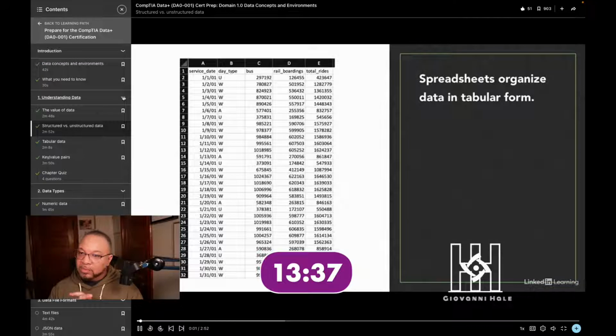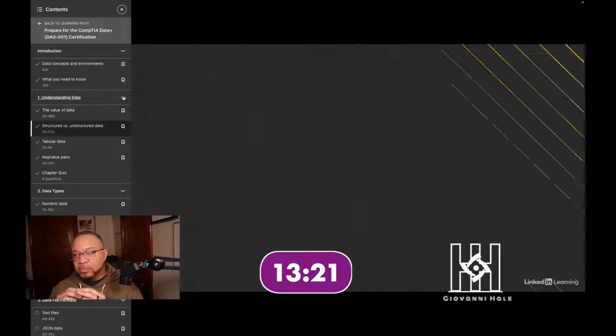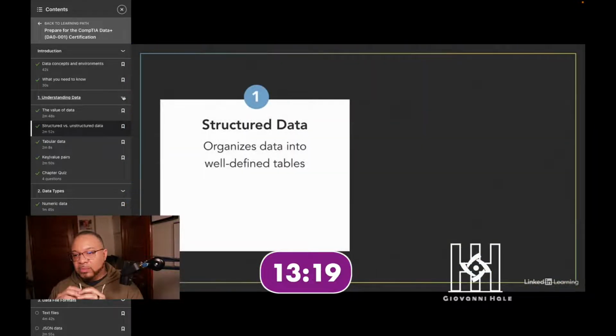When you think of data, chances are that you immediately think of spreadsheets like Microsoft Excel. Spreadsheets are valuable tools that allow us to organize our data in tabular form. That tabular format is an easy way for us to think about our data, and it is the most common way that we store data for use in analytics. This approach, where we store data in well-defined tables, describes a category of data known as structured data.